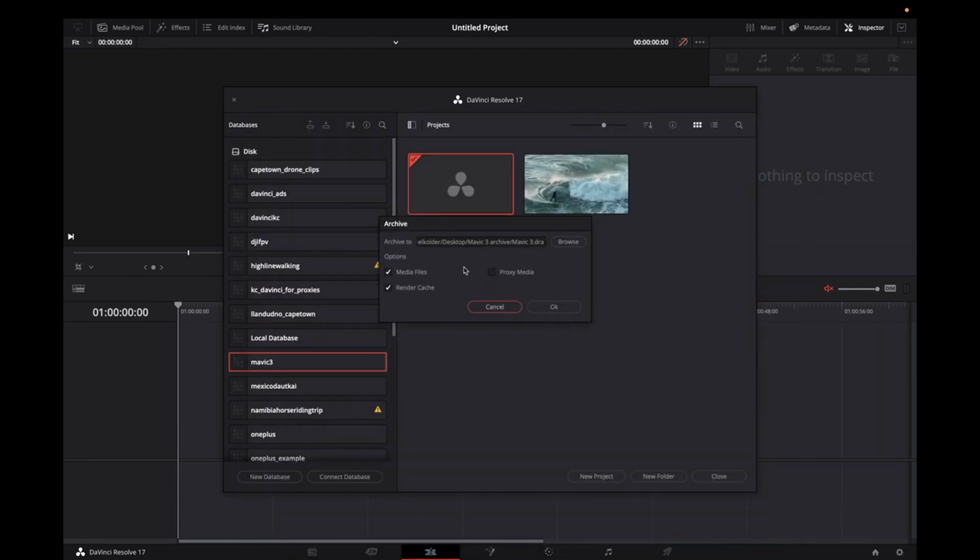And we have this pop-up over here that allows us to choose some extra options. So we can choose what we want to copy over to this new folder. So most of the time, I just select everything. If you want to free up space, maybe you don't want proxies, or maybe you don't want all the render cache, you can deselect those. Maybe you just want the original media files. So I'm not going to click OK right now because this will take a long time,